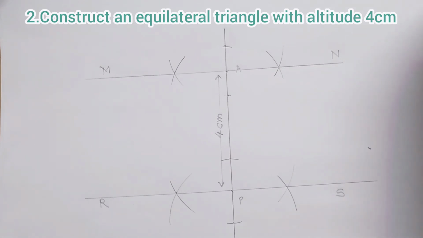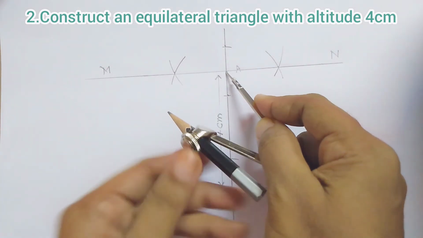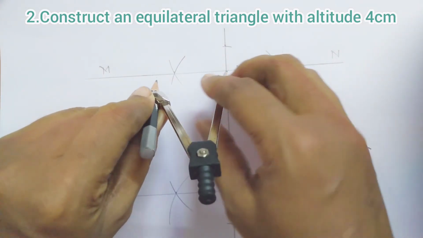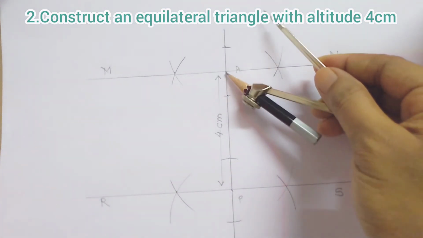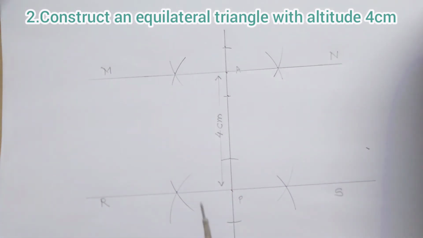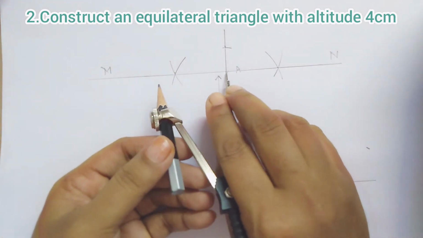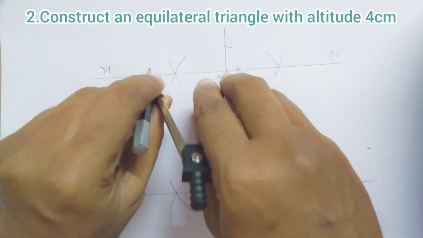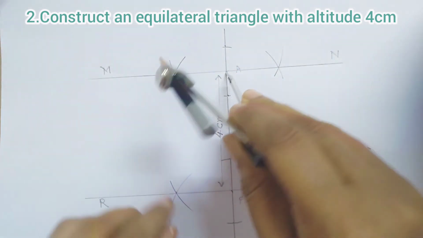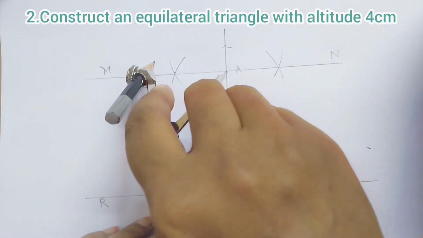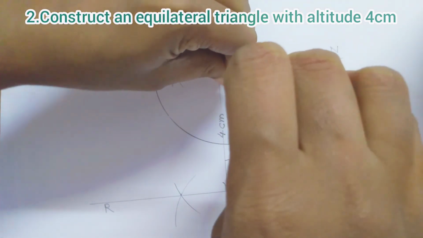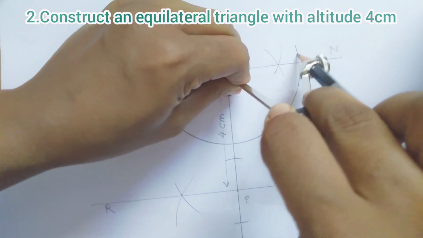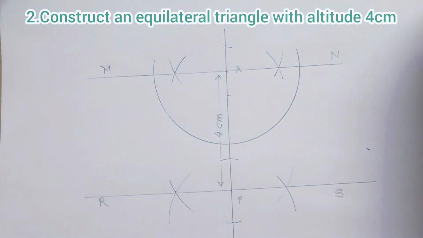From the point A you have to take a convenient radius. How much you want, that much radius you take. Okay, see I have taken this much. It is not a particular measurement at all, the only measurement given here is 4 centimeter height. Okay, then see I am taking a sufficient distance. From point A I did the semicircle. I am making it dark so you should understand, but you have to do it very lightly. Again I am telling you, children.